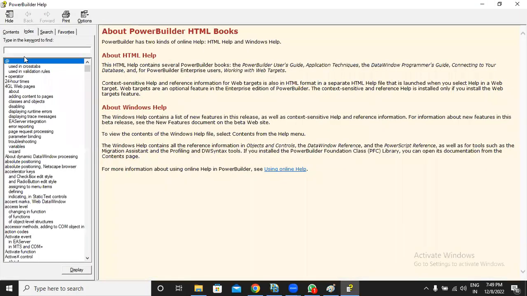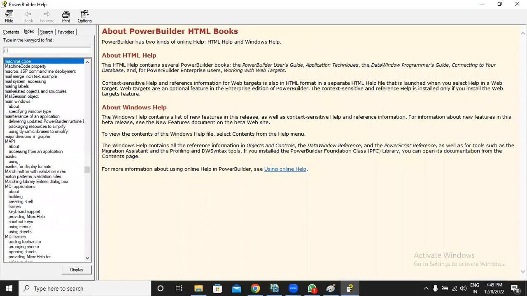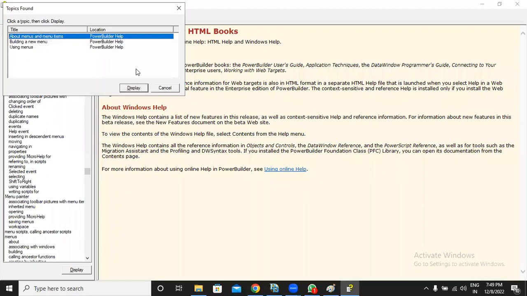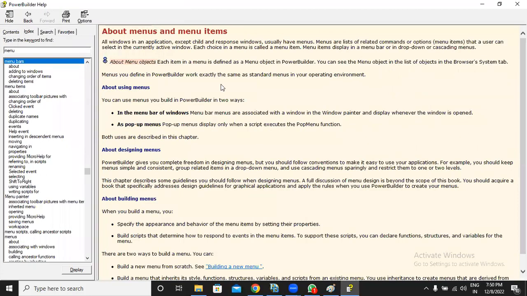So if I want to search what are the menus, what are the menus available, right? So if you will see, all the information about menu is coming. So according to this help, what he is telling,